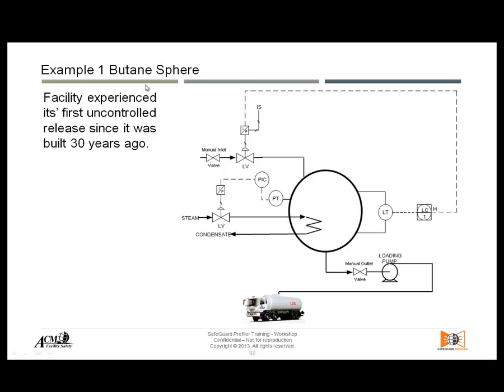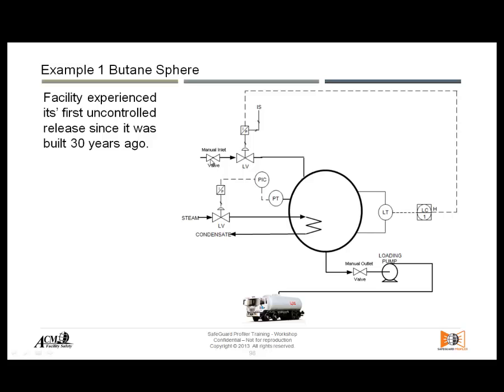So at the moment what we're going to go through is an example, a Butane Sphere example, and there's a certain situation. I'm just going to read it and explain what that situation is, and then from there we're going to analyze this situation using the layer protection analysis method, and later on, as I said before, the risk graph. So this is a simplified piping and instrumentation diagram, a PNID,